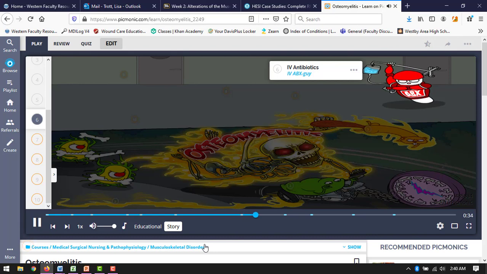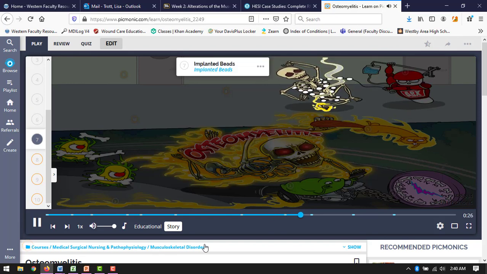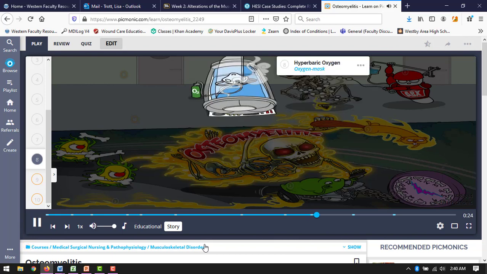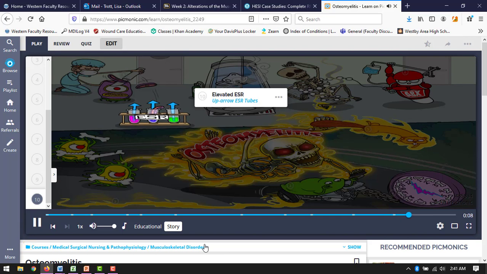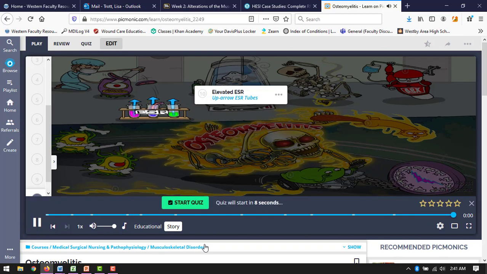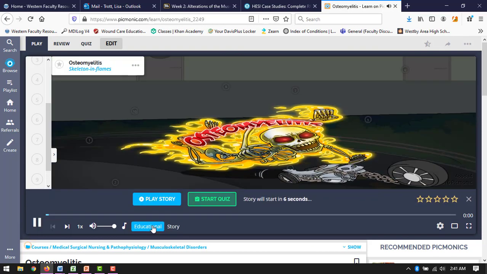Could ABX be that someone? You bet. So Bones visits him in his lab, where ABX guy immediately gets to work. He implants beads into his bones, leaving Bones unable to move. Then he throws him into a hyperbaric chamber with an oxygen mask, which puts out his flames. But that's not the end of it, no. Bones' little demonic minions come after him in ice ski mask disguises. However, that didn't fool ABX's surgeon, who was quick to slice the little guys up and perform experiments on them with ESR tubes. Later on, the hypothesis was confirmed that those bacteria guys were indeed evil.